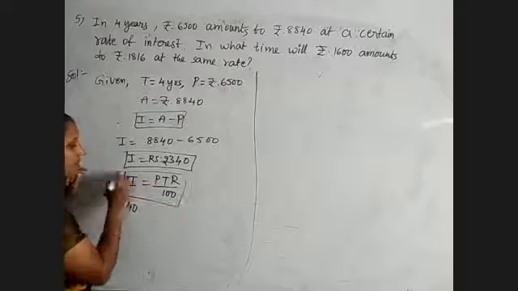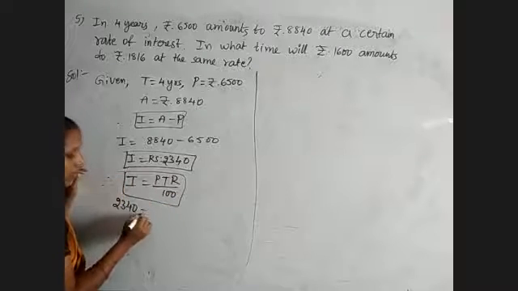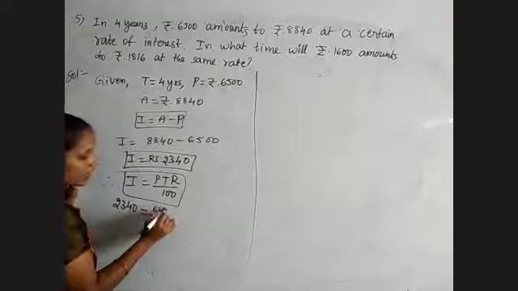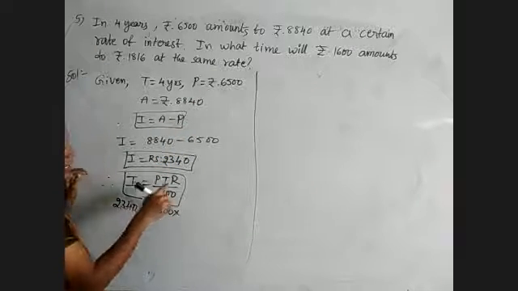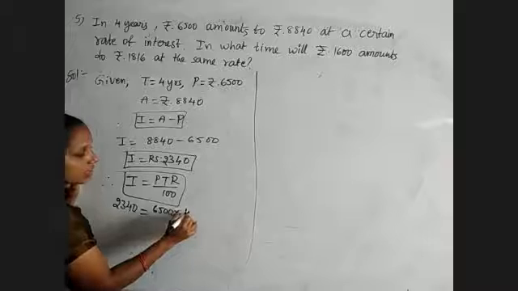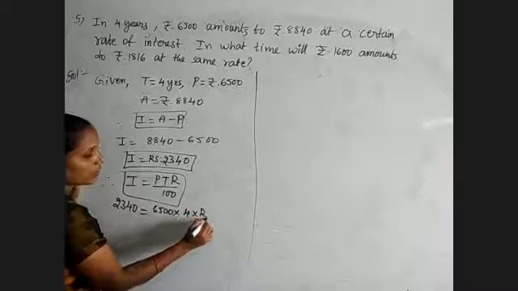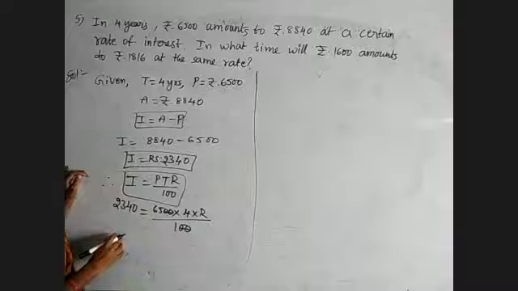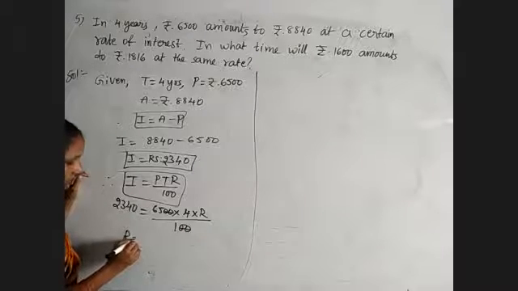2,340 is equal to P value, which is 6,500, into T value, which is 4 years, into R value, which we don't know, by 100. Two zeros will get cancelled. So R will be equal to